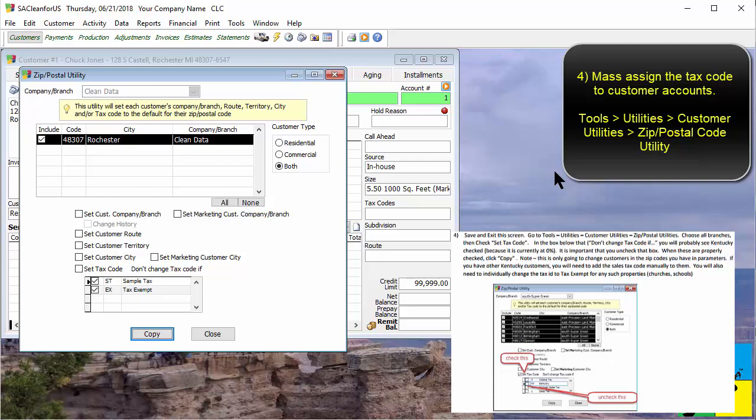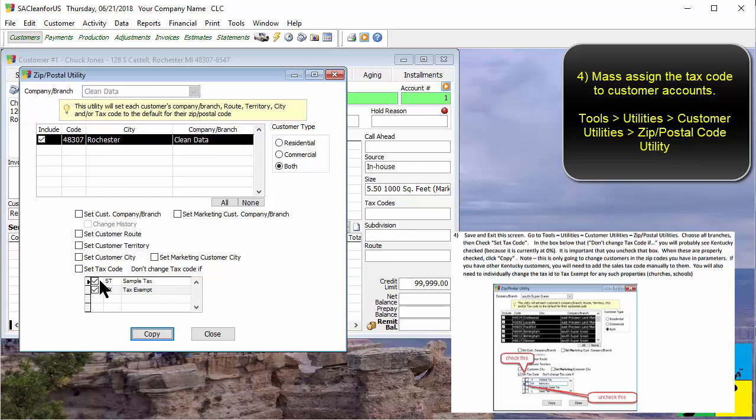You want to make sure that you have a data backup so that if we hit the wrong checkbox or the wrong drop down, or we do something wrong, we can always restore the backup, figure out what we did wrong in the first place, and then do it again the right way. Now, for right now, because we don't want the tax to be charged yet, because in Kentucky it starts July 1st, and today is actually June 21st,